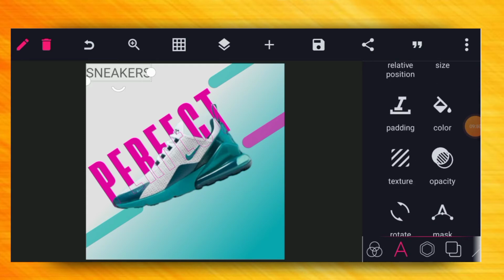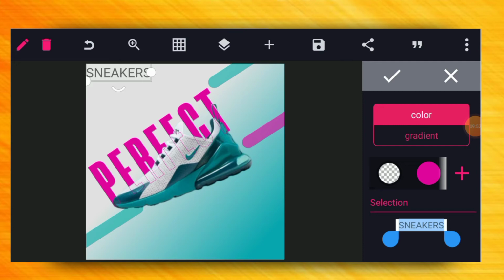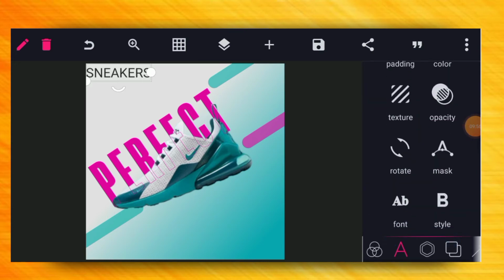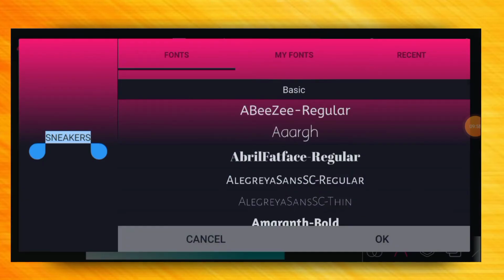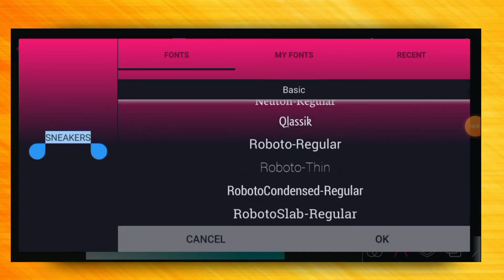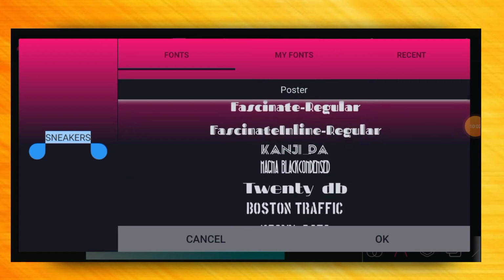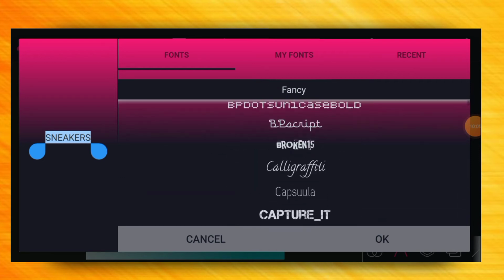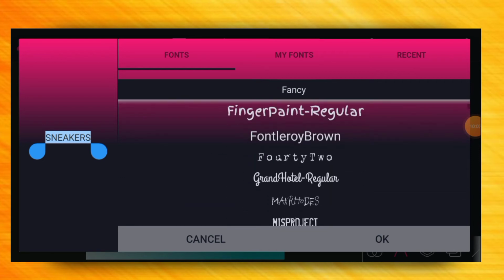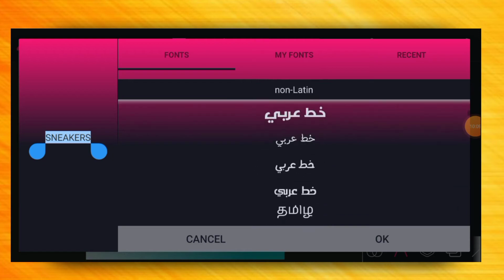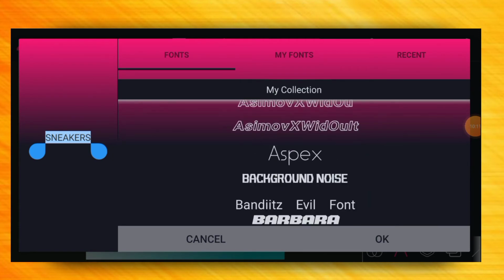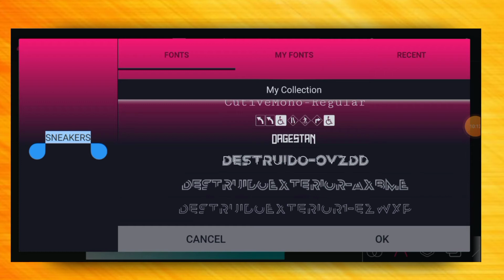Let's use the color black, and let's change the font. So these are the premium version fonts, okay? So you will definitely be having them. So I'm going to use